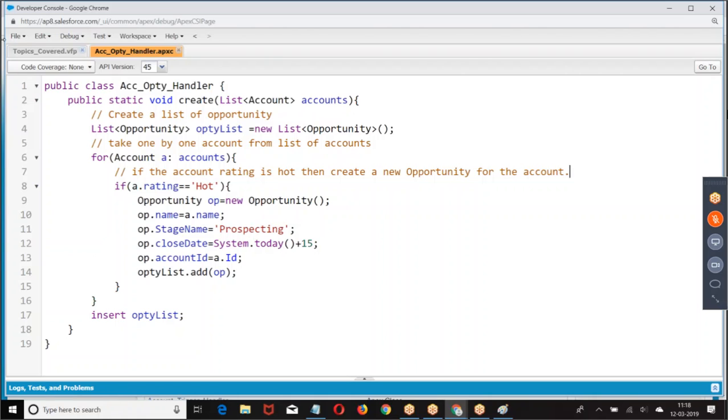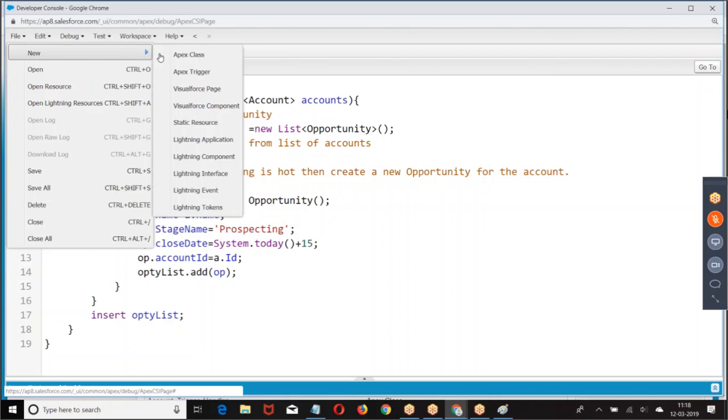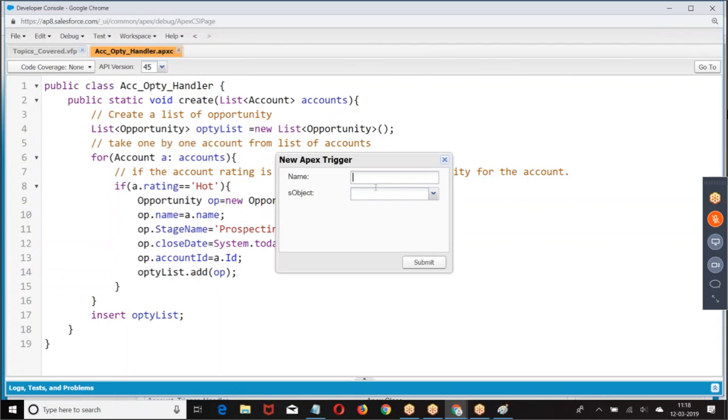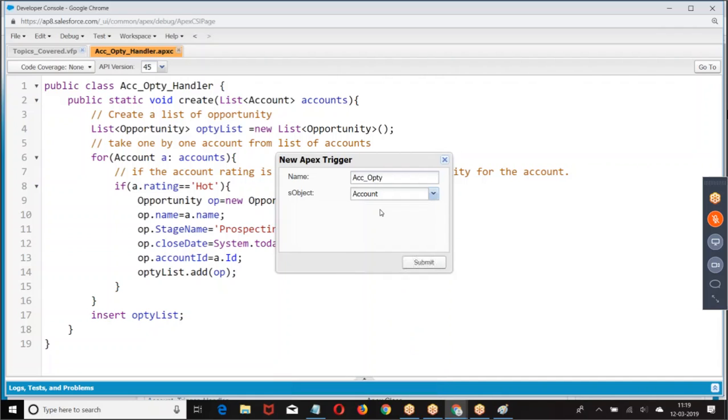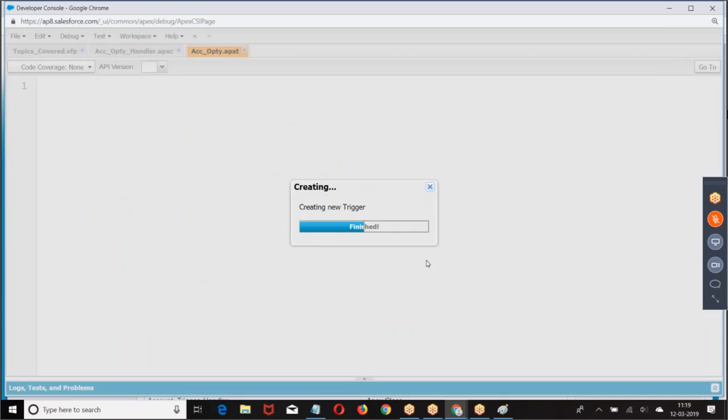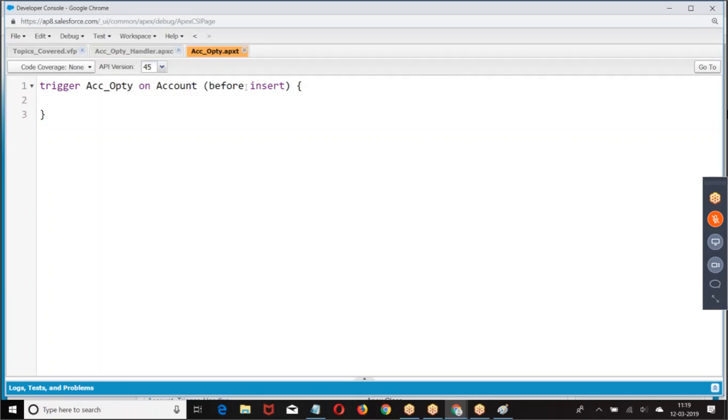Then from where should I call this? In the new account, it is after insert, then call the class method. Now what is it expecting? It is expecting a list of accounts.